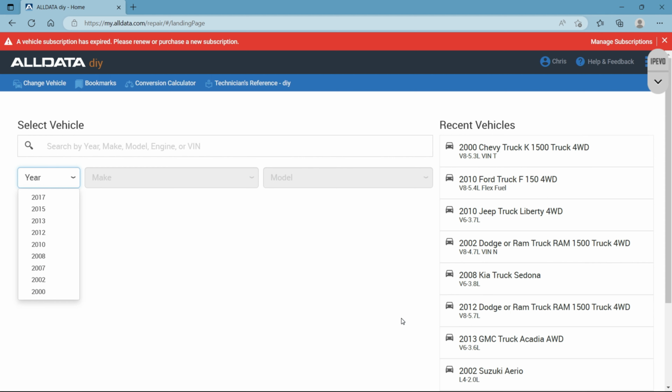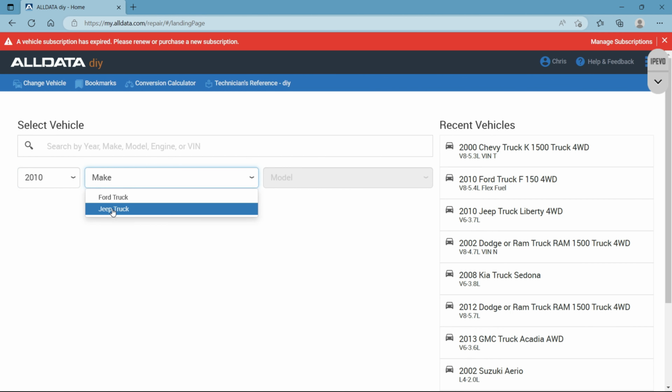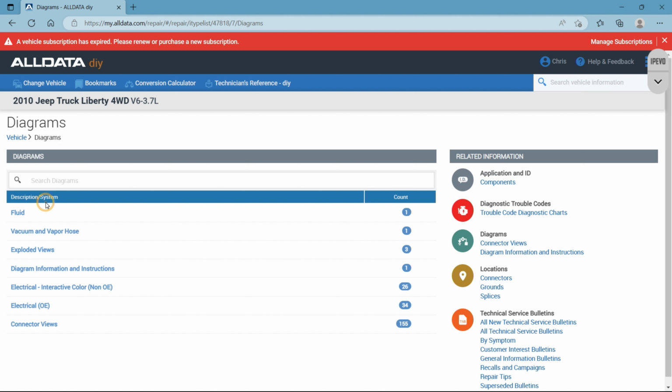Alright, so let's get right down to it. First, let's go to a 2010 Jeep Liberty truck. Okay, we'll go into wiring diagrams. Now, I want to just point out a couple things here first. The first option you see here is fluid, which we're not going to get into any of that. It's just going to show you, at least on this vehicle, something like the